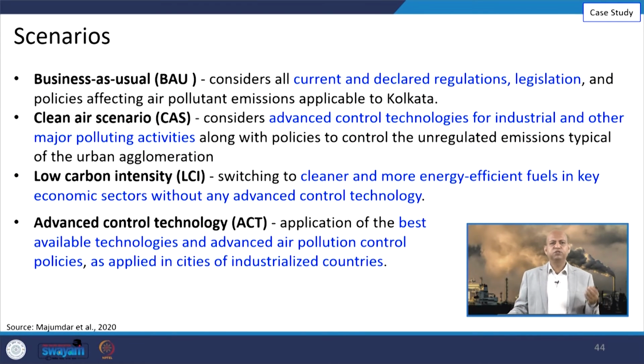And the scenarios which were considered for this particular study were, first, business as usual, BAU. That considers all current and declared regulations, legislations and policies which affect the air pollutant emissions applicable to Kolkata. Then the next scenario considered in this study was the clean air scenario, CAS, and that considers some advanced control technologies for industrial and other major polluting activities along with those policies which control unregulated emissions typically from